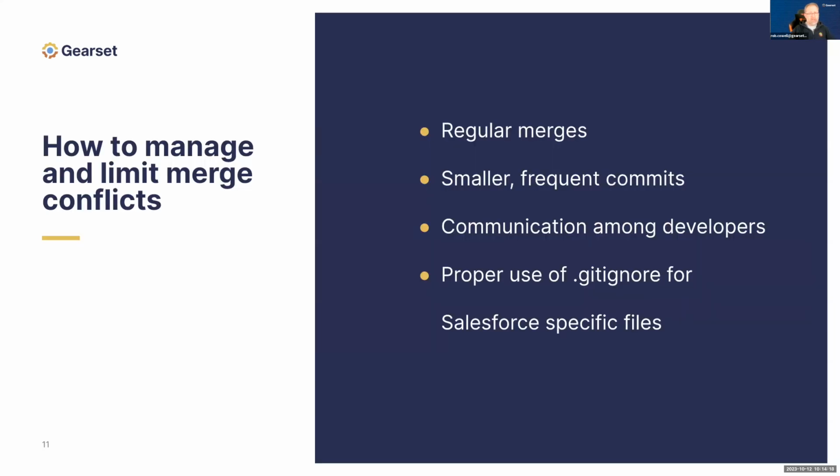Now, these merge conflicts might seem a little daunting, but with a few strategies, we can reduce how often they occur. Merging your code regularly, as mentioned earlier, is a good proactive step, because by ensuring that everyone's got the latest version, we lessen the chance of overwriting someone else's work. And another good practice is to commit your changes little and often. So instead of waiting for a big chunk of work to be done, make small commits. And this makes it easier to spot where the conflicts might pop up and allows you to trace back any